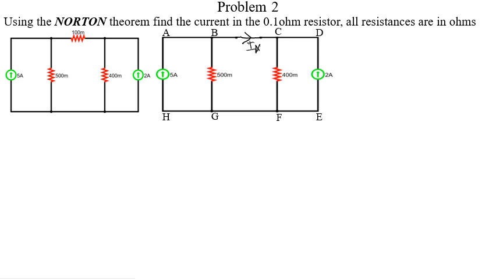So we name it IN, but let us now apply KCL and KVL at the various nodes. Let us apply KCL at this node. Applying KCL at node B, we realize that this current is leaving, right? IN is leaving node B, and this 5 amp is entering node B. So that means